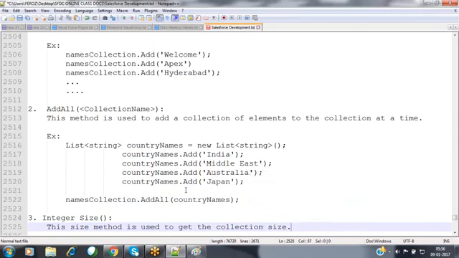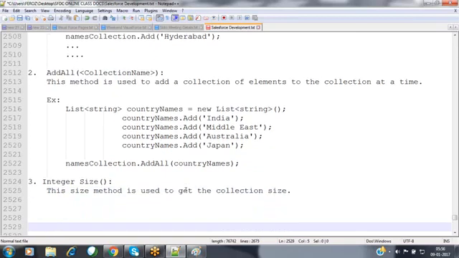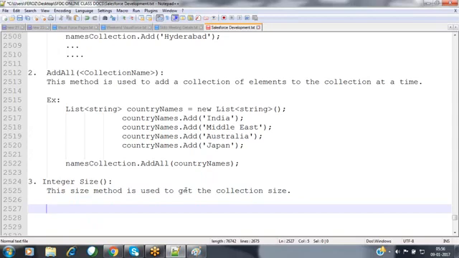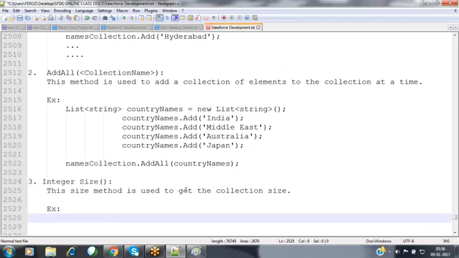Nothing but how many elements are available inside the collection is identified by using this size method, which returns an integer value. The same method we already discussed in yesterday's session as well. Names collection dot size.